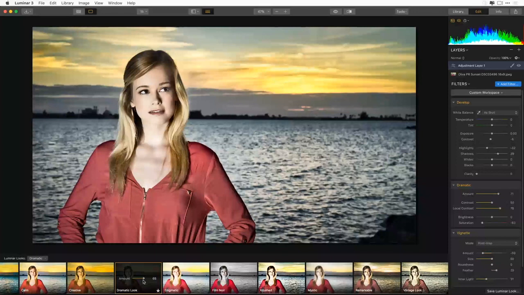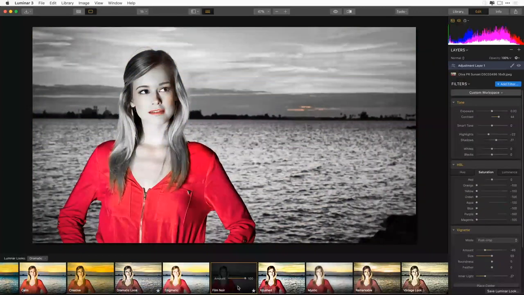And if I see something I really like, there's an interesting film noir where basically it pulled out all the colors but the red, which is kind of a cool little look there. I could go in and paint this effect or erase this effect just like I did before with masking. So this is great. It's non-destructive. I can try a variety of looks and very quickly try different things in the image,